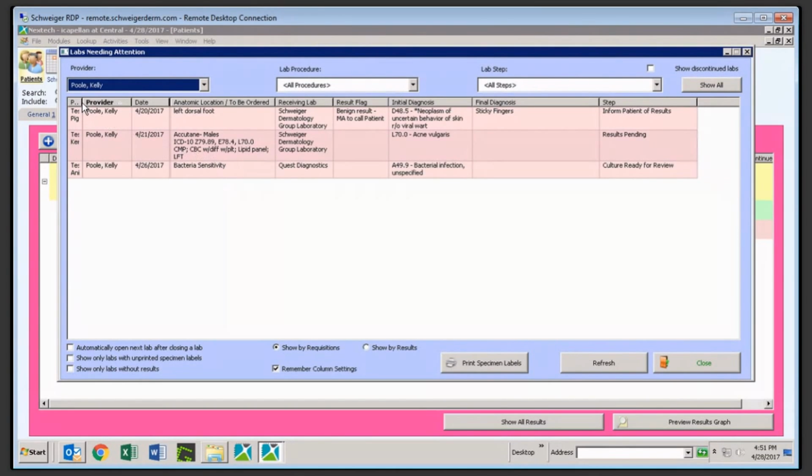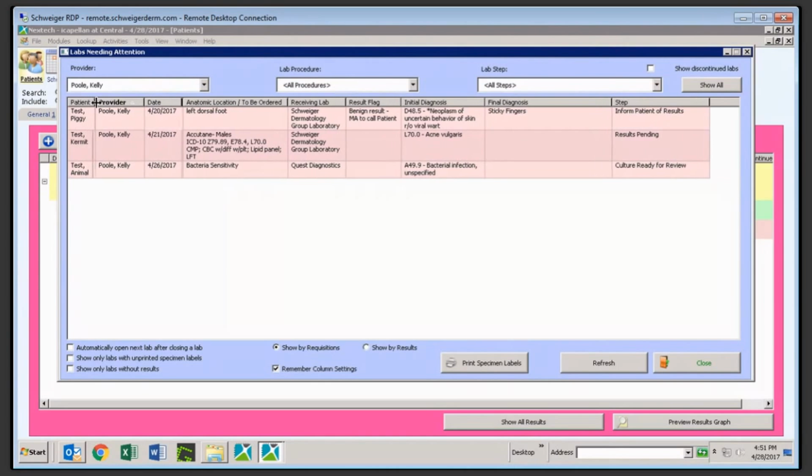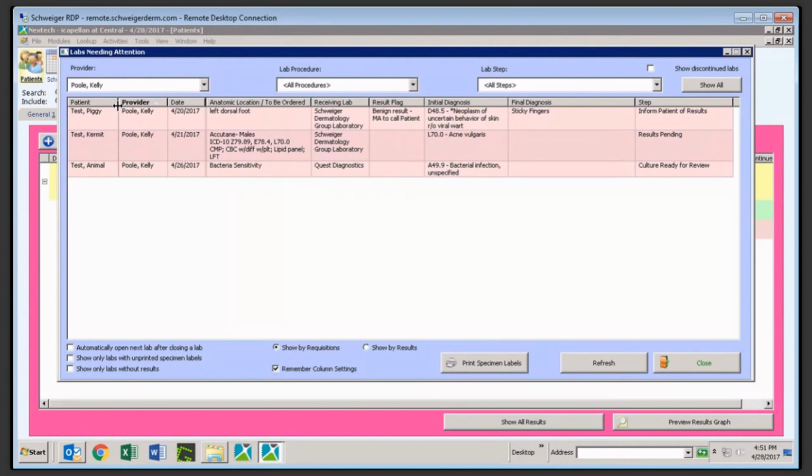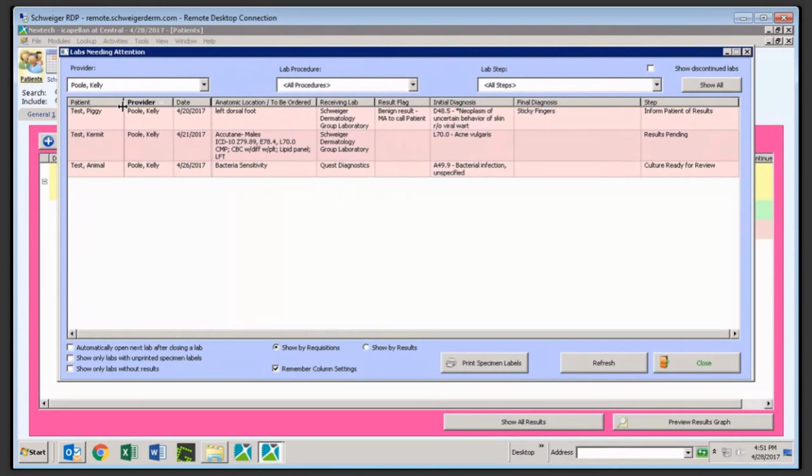So you'll notice that it shows us the name of the patient, and that column is actually hidden on my screen, so I'm just going to open it up. There we go. We see the patient's name, the ordering provider, the date the lab was created,